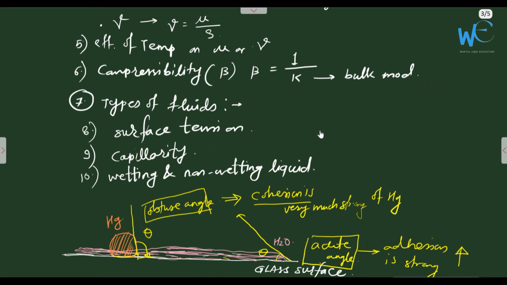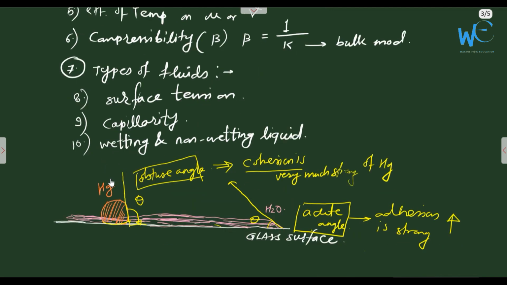Three applications given to us by nature: first one is droplet, then bubble, and third water jet. Then capillarity, and the last one, I think we have not discussed yet, but right now we are discussing. So here is one glass surface, and on the glass surface is one drop of mercury and here is a little amount of splashed